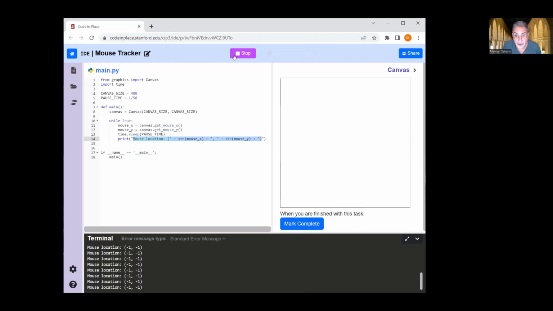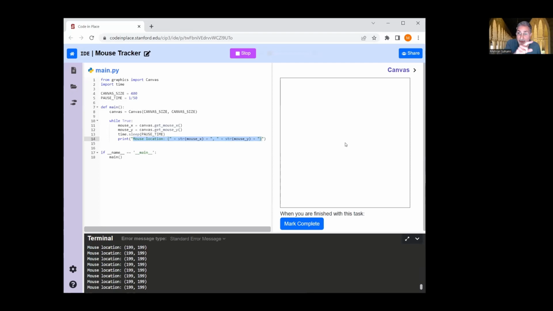So if I run this program, you can see the mouse isn't yet on the canvas. When I move the mouse on the canvas, as I'm moving the mouse around, down here in the terminal, you can see the location of the mouse. So if I try to get the mouse to the center of the screen, that's going to be around location 199, 199. Let's see if I can get there. Oh, went a little too far in the X direction. Need to go a little higher in Y. And there we go. I'm pointing to the exact center of the screen with my mouse at location 199, 199,